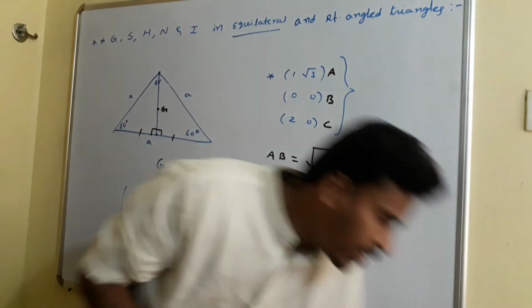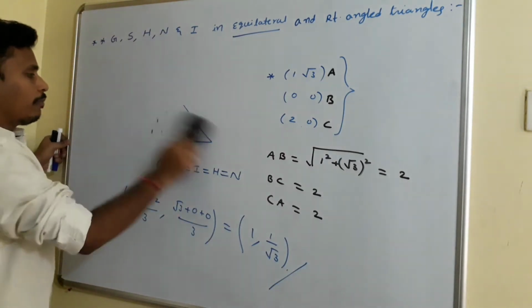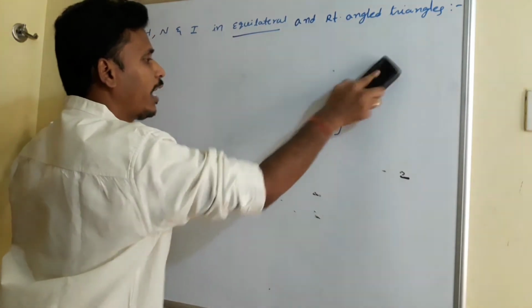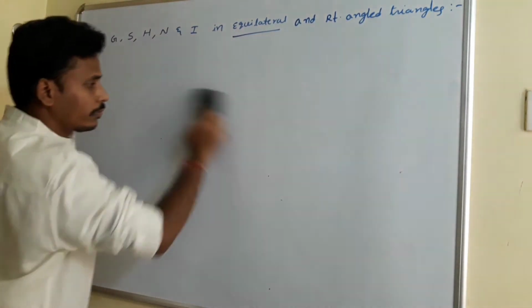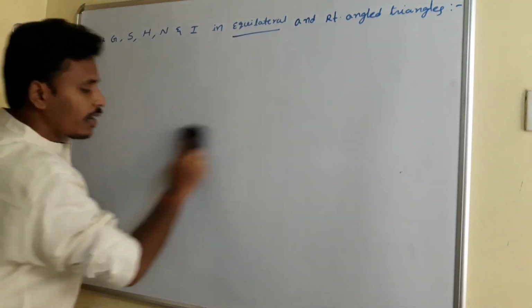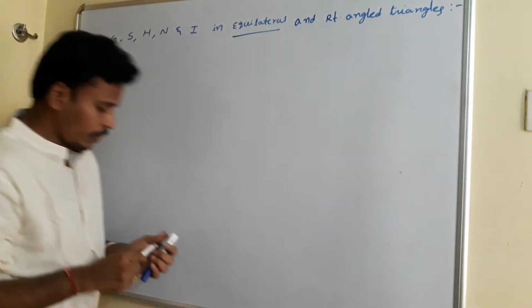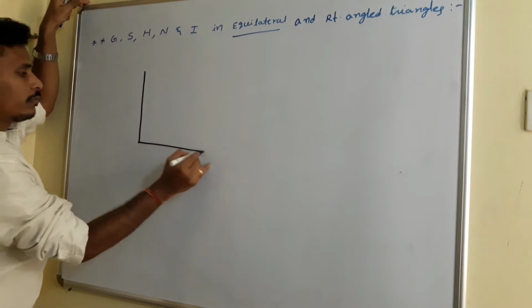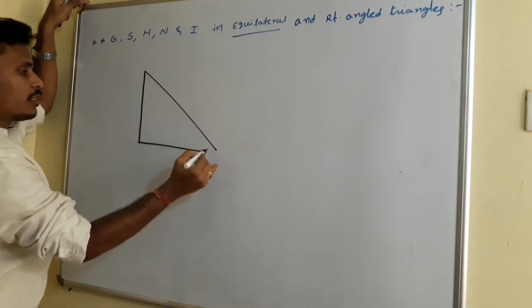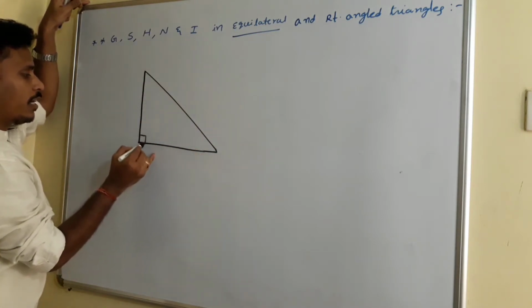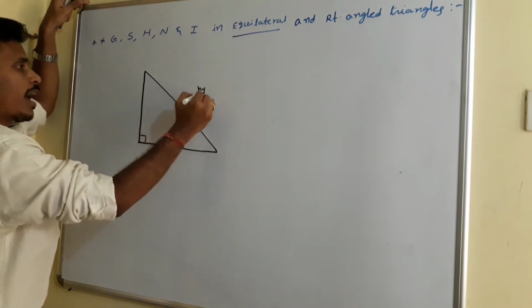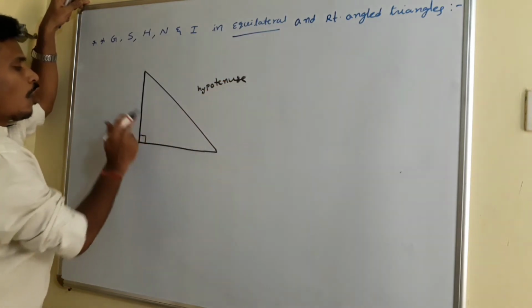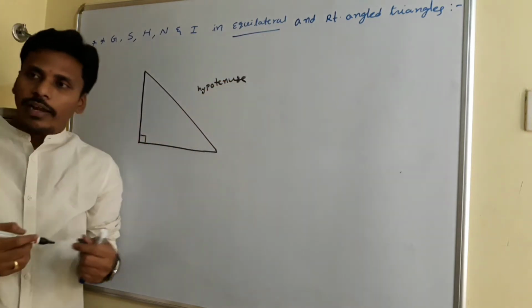Now, the next thing is about a right angle triangle. I am erasing this for the space concern, and think about a right angle triangle. For a right angle triangle, you know that one angle should be 90 degrees and the sum of the other two angles is 90 degrees. We usually call it the hypotenuse of the right angle triangle, and these two are the two other sides or the legs of the right angle triangle.